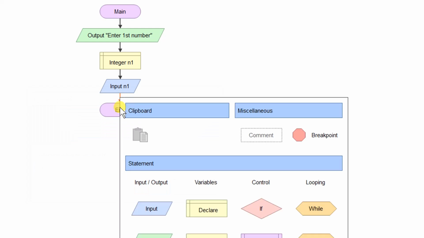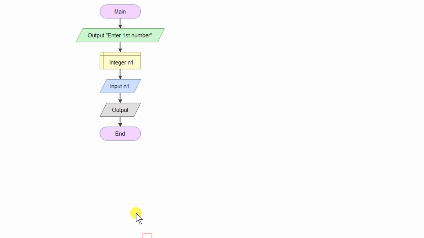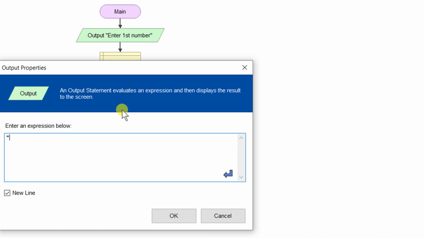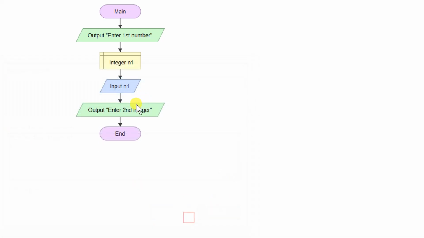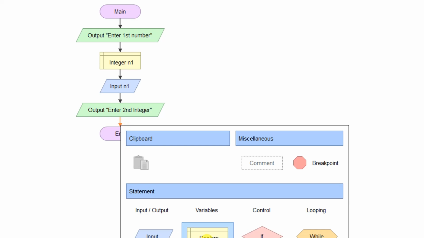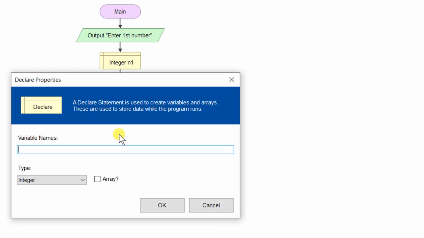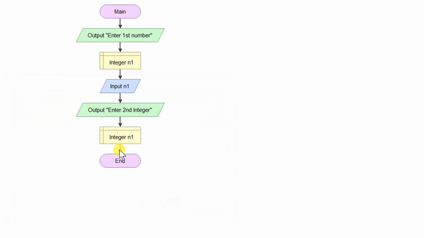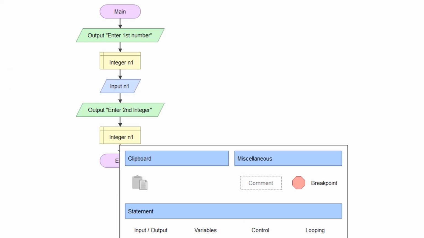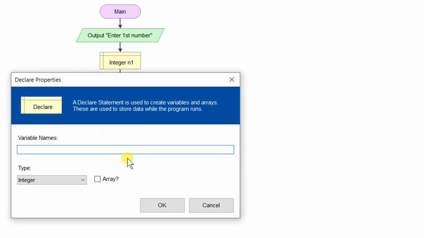Similarly, the second input I need to give here: enter second integer. Again I need to declare that integer, so for declaration I write n2, second number, as integer. Now I am going to save the sum in a variable, so again the variable needs to be declared.